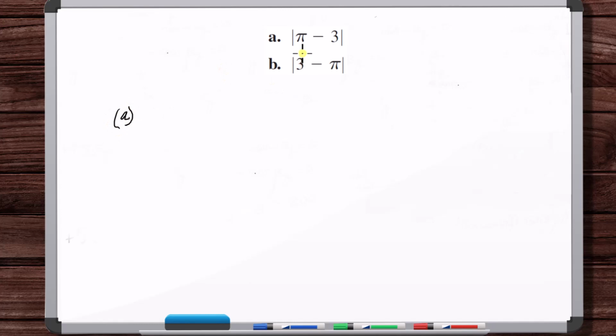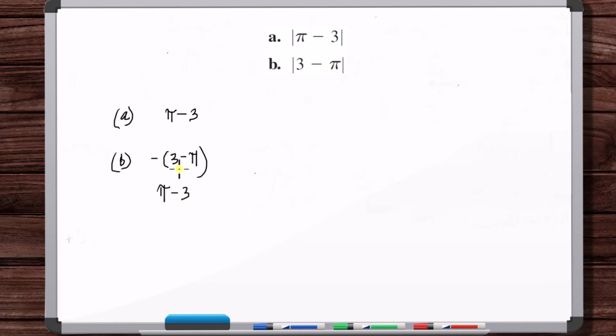So pi we know is 3.14 something something, which is greater than 3. So this pi minus 3 is positive. So how can we remove the absolute value? Just take it off. For 3 minus pi, we know that that's always negative. So we can put a negative out front, minus the quantity 3 minus pi,